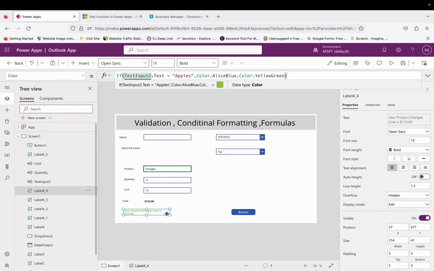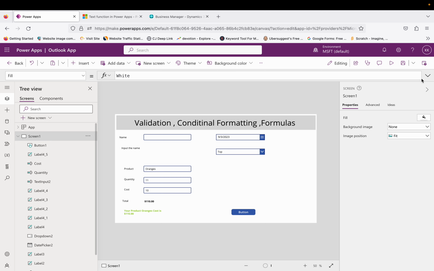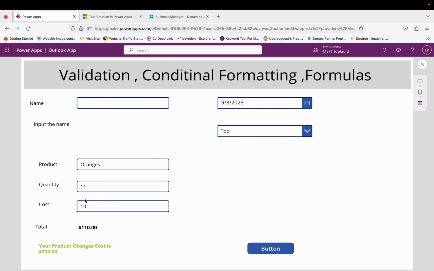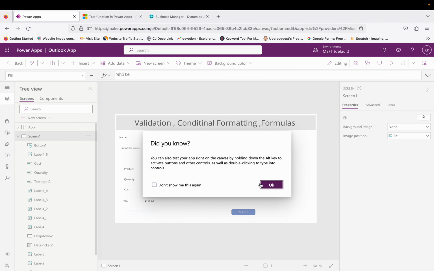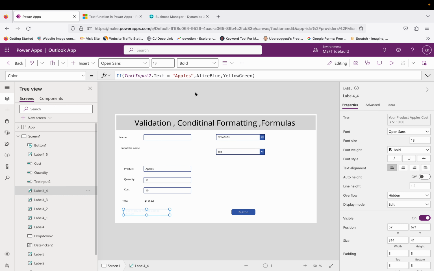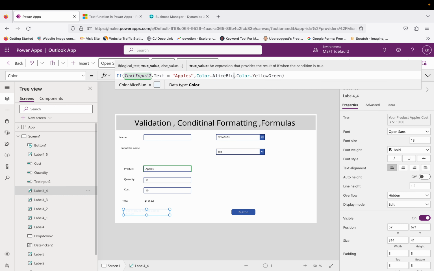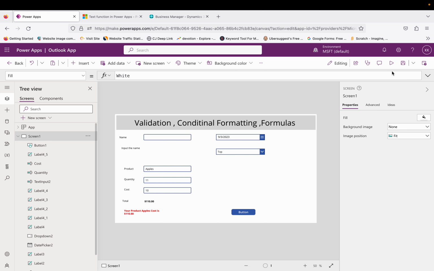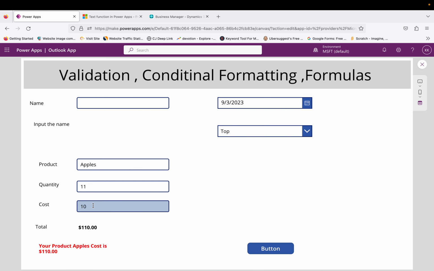And you can see the color is changing, because if I run this right now, it is not apple, so color is coming up like this. If I change it to apples, you can see the color gets changed. Let me change, it is not visible at the moment, so I can change it to color dot red or something like this, right? And you can see